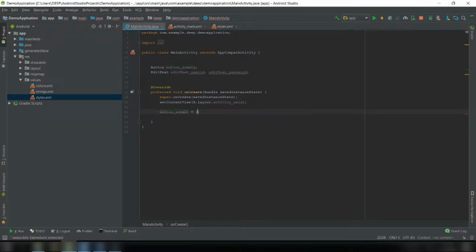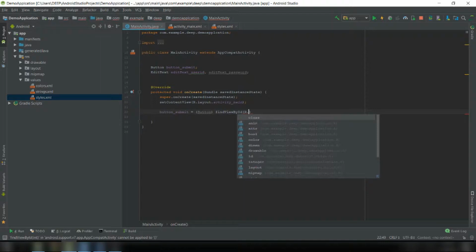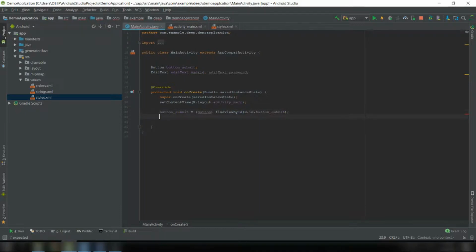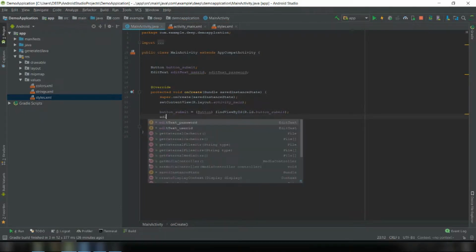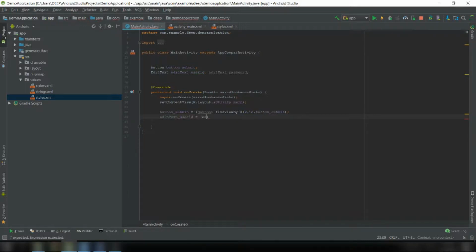Button submit equal to find view by ID. We're going to find the ID in the layout, and that is button submit. And then we'll put the user ID. We'll cast it as edit text. Please make sure that the capital letters of the things which I'm writing are all caps, and do not miss the capital letters, because the error will be shown if you do not put the capital letter where it is needed. So find view by ID,